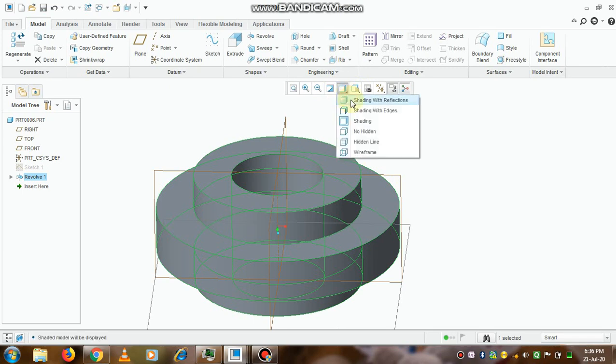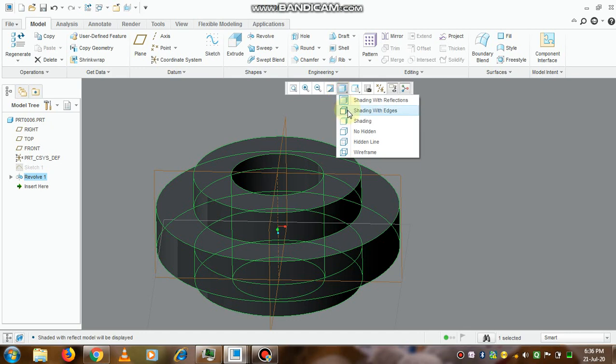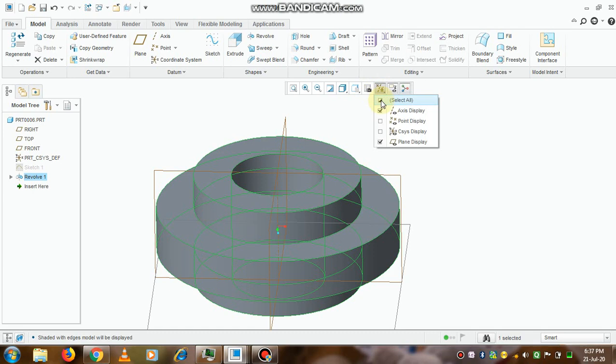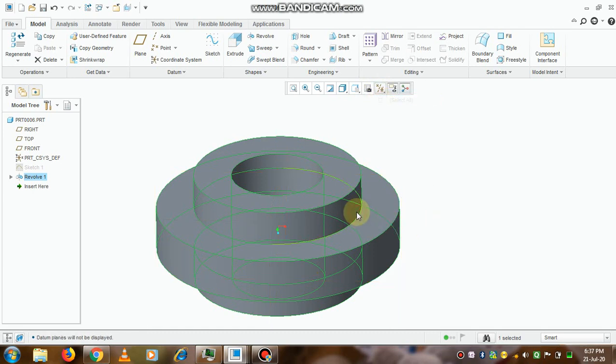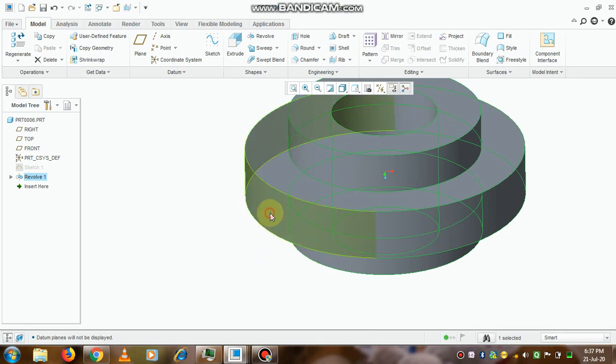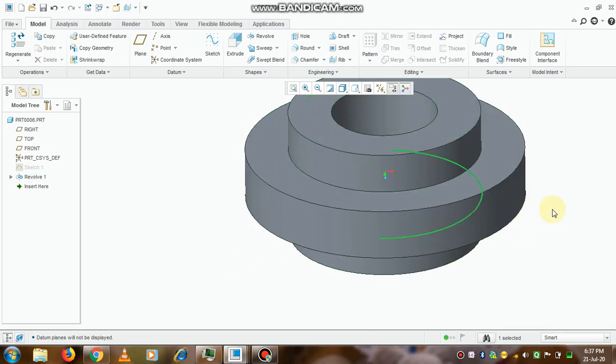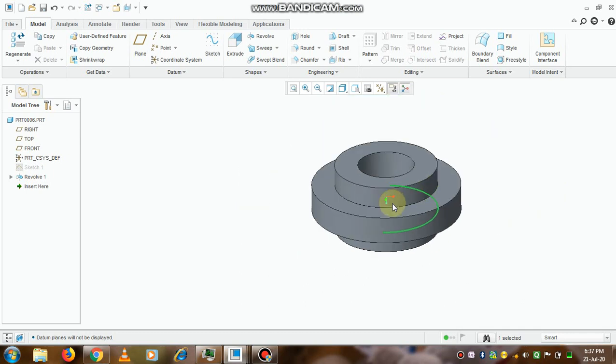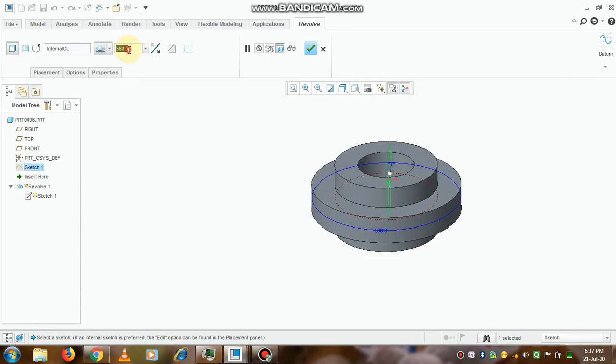Switch on this shading. Go to the option shading with reflections, or only shading with edges, and switch off all axis display and plane display. So if you click on any of the surface with the left mouse key, the sketch will be properly visible. Now the same way, if you want to edit it, you can go to the option again, revolve, edit.